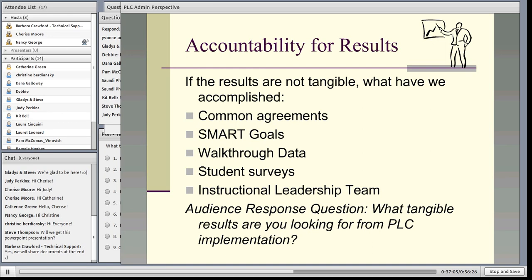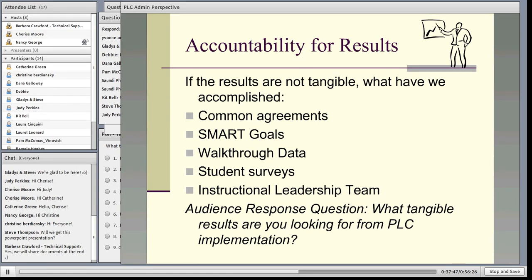So for example, in 7 out of 10 classrooms, we saw a learning objective posted on the wall. In 8 out of 10 classrooms, we saw students engaged in work connected to the learning objective. So nobody got specific feedback about their individual class, but we published in our staff room the walkthrough data about the whole school so that we could see as a whole group what we were working on and what progress we were making. And it really started some great conversations going in the staff rooms and so forth.